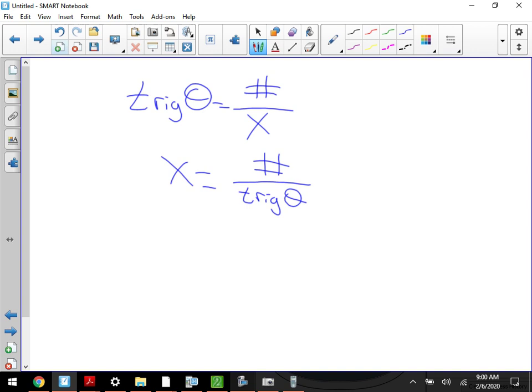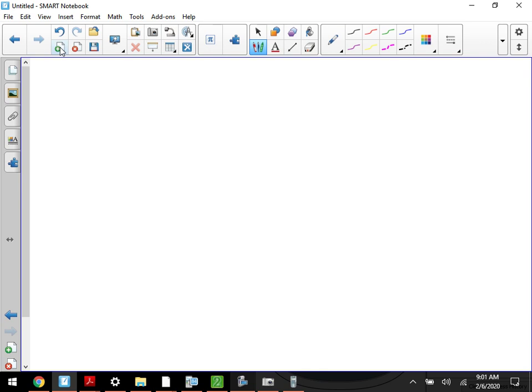So tomorrow, when we have the quiz on this stuff, what it winds up being is solve for a side, solve for an angle, but I'm going to ask that you write out all of the steps like we have them. So each problem will either have an x value for a side, or it'll have a theta or a question mark for an angle. For example, if I do something like this,